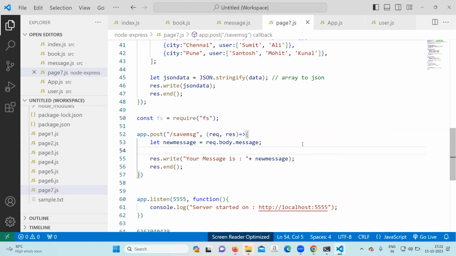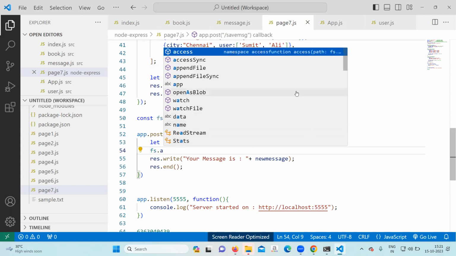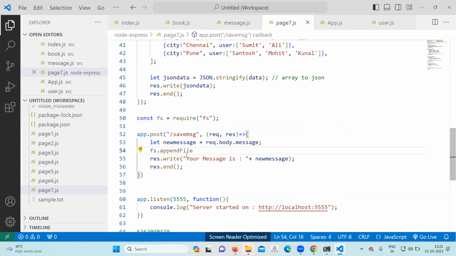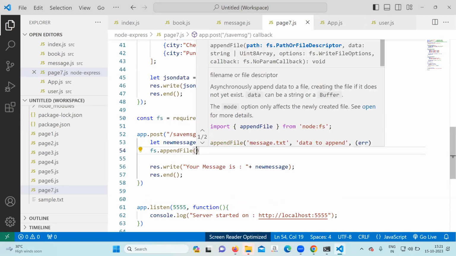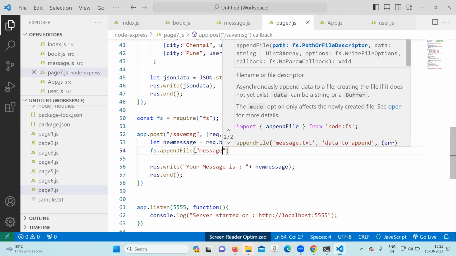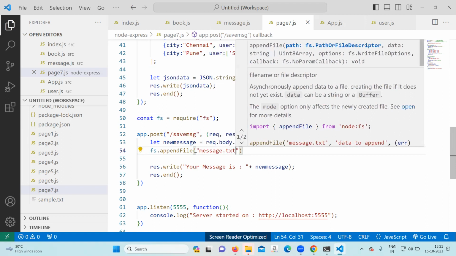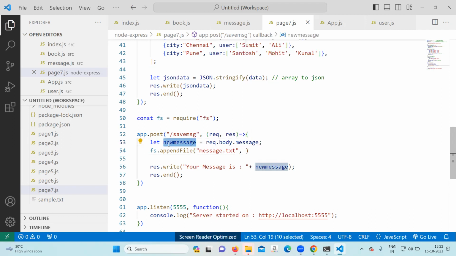Next we need to come inside this one, and we need to write fs.appendFile. Inside that, first will be the name of the file, message.txt. Second will be the content, new message,